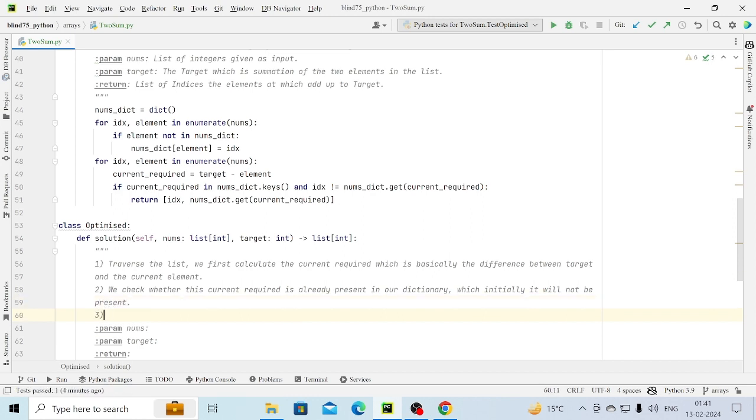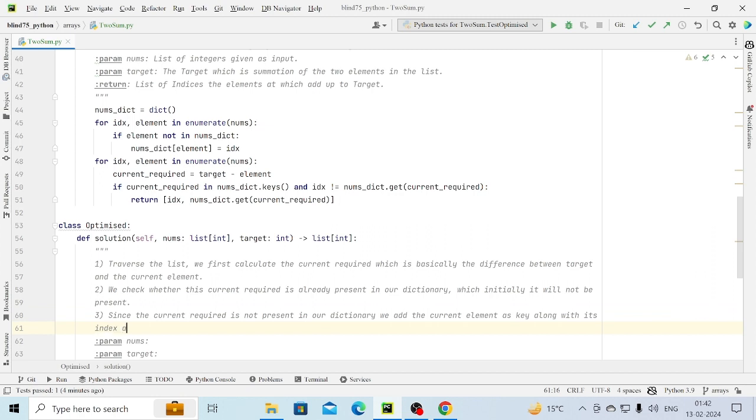So what we do is we add, since the current required is not present in our dictionary, we add the current element as key along with its